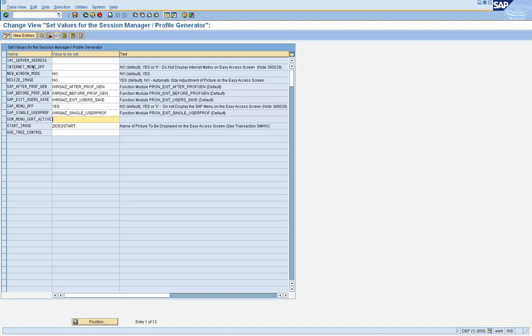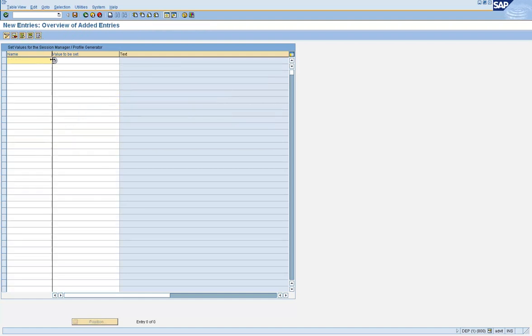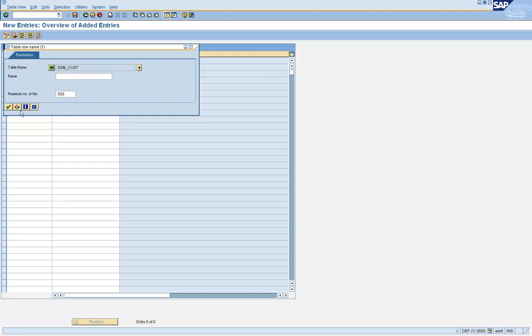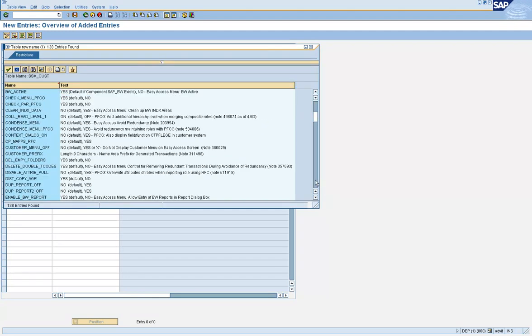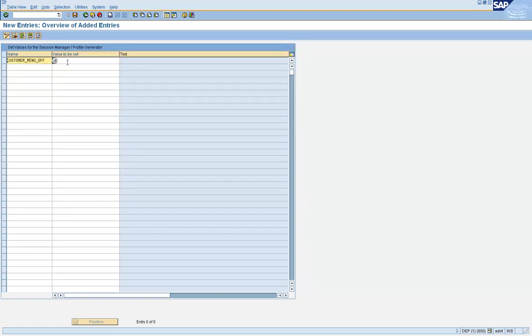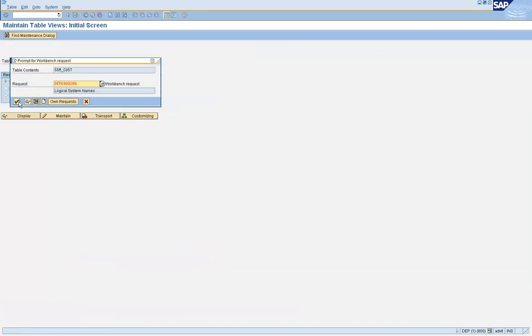Suppose the customer decides the user should not see their menus, then you can add a parameter for putting off the customer menus. This is the customer menu off, and the value is set to yes. You click on save, and it will ask for the transport request.